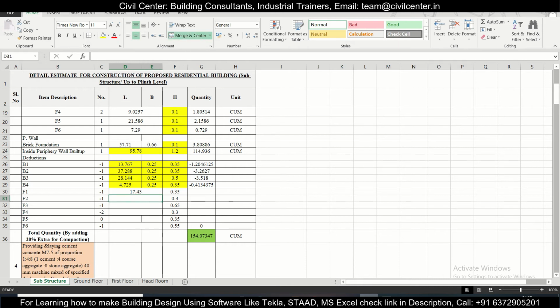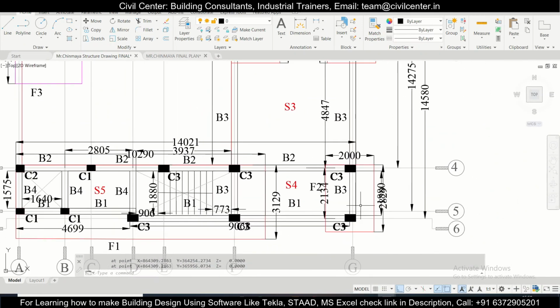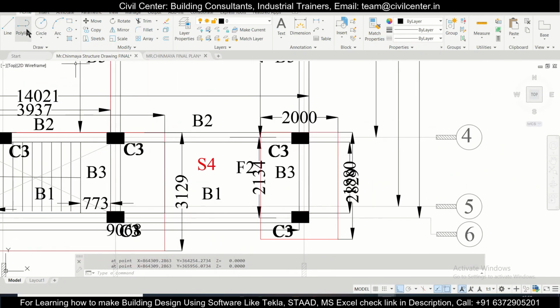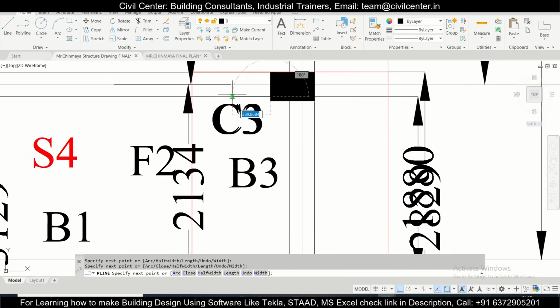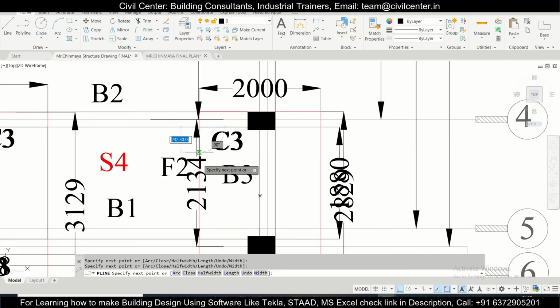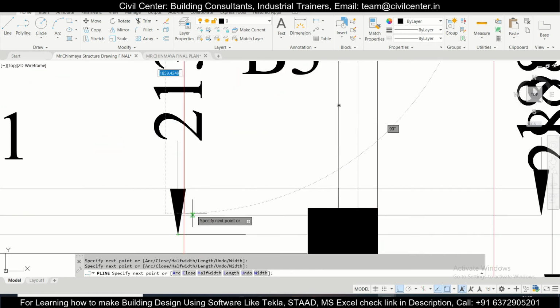So for the F2 also we find out only this portion. We'll take a polyline, and this portion actually will be the column, so the column portion will also be deducted for the sand filling. So we can take this portion like this and calculate like this. This is only for the accurate calculation.